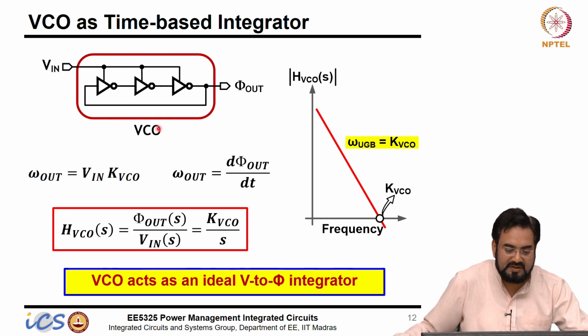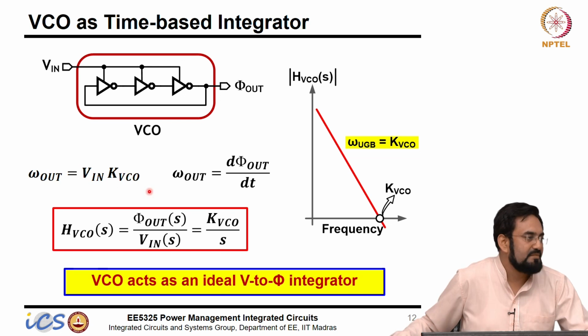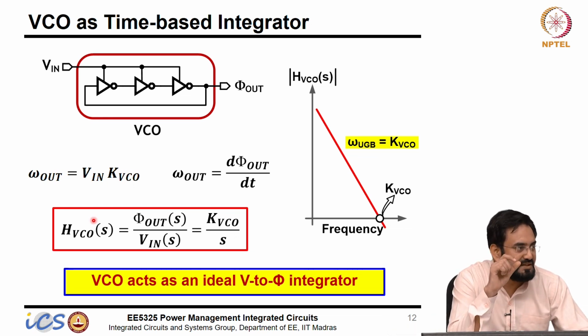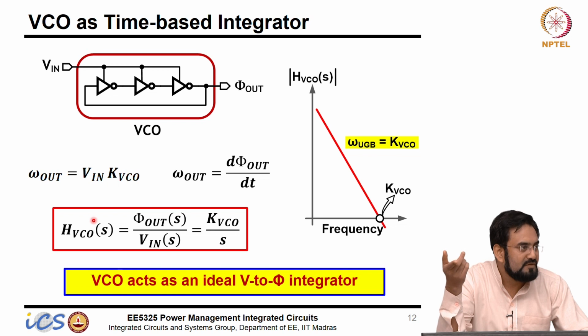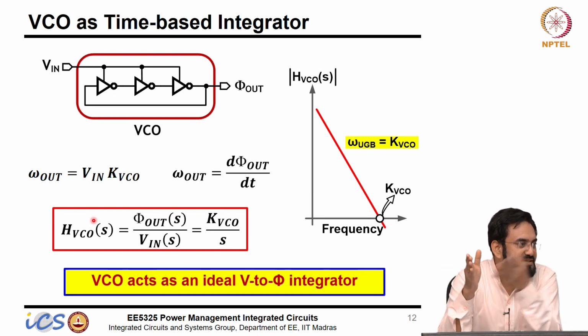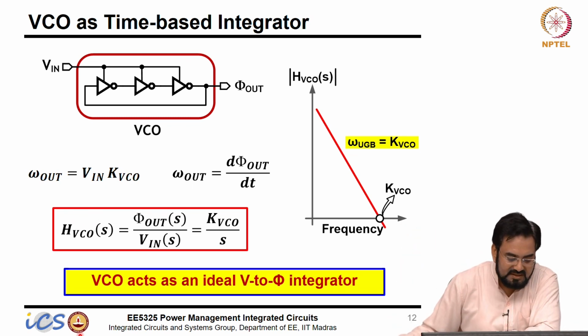And so we know the oscillator, voltage controlled oscillator. So omega is d phi by dt. If you want to calculate the phi, it will be the integral of omega. So if you give any change in the frequency, it will be integrated into phase, and if I am using a voltage controlled oscillator, then frequency is proportional to voltage. So any change in the voltage will get integrated into phase. So if I am looking at a phase transfer function, which means phase divided by your input voltage, it will be KVCO over s. KVCO is the gain of the VCO.